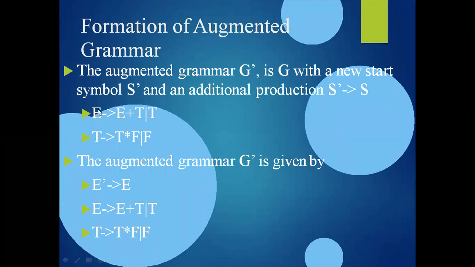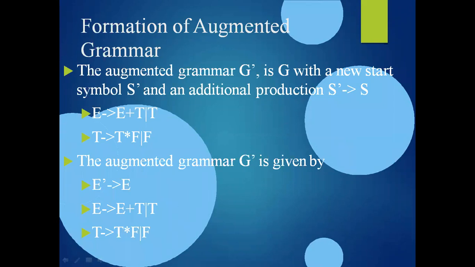For example, if my starting symbol of the given grammar is A, then A dash tends to A. Or S dash tends to S. Or it may be B, B is the starting symbol of the given grammar, then B dash tends to B. Simple to write the augmented grammars. Whatever the starting symbol of the given grammar is, we write it like this, taking the starting symbol with a dash and defining it with the starting symbol of the grammar G. Is it clear how to write the augmented grammars?